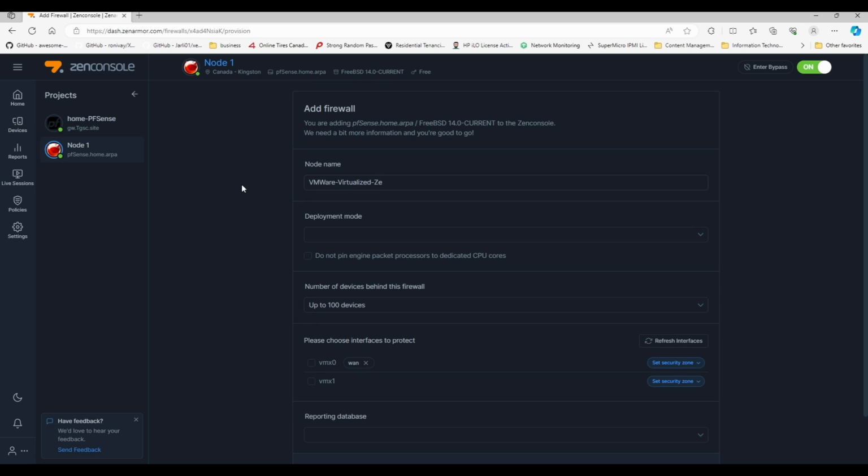Virtualized Zen. And under deployment mode, this is where the importance of disabling hardware checksum offloading comes in, so that we can use the native netmap driver. You want the highest mode possible for the most details and the most access that ZenArmor can have to your firewall. So select routed mode L3, and make sure that it's selecting the native netmap driver, rather than the